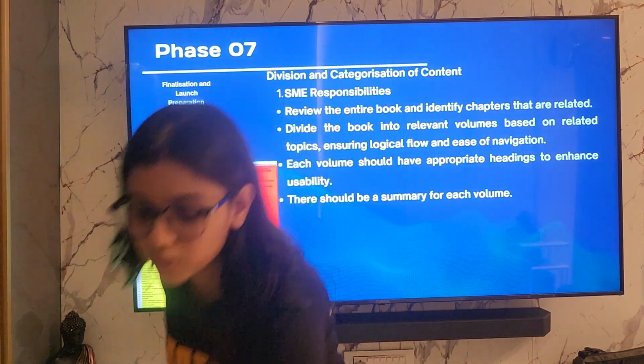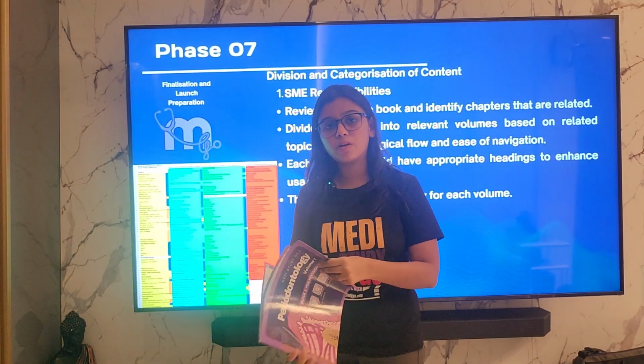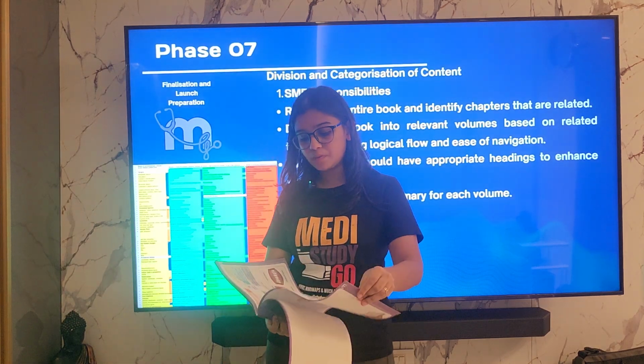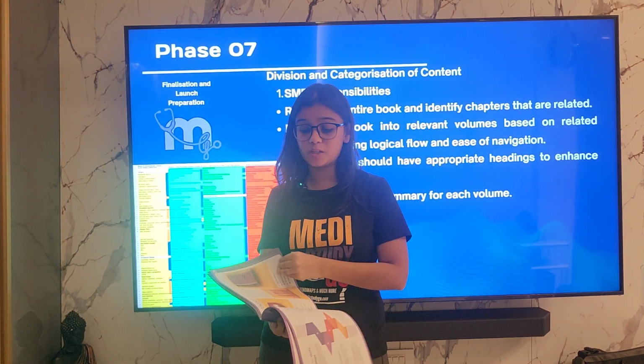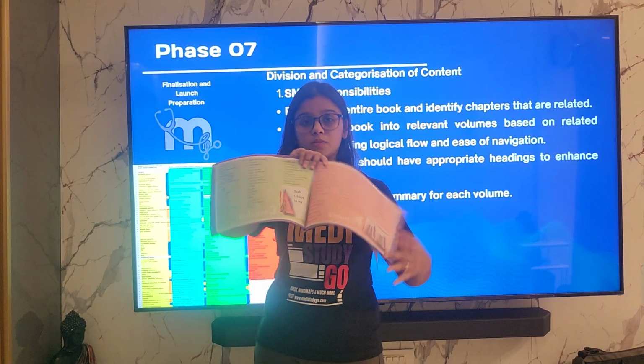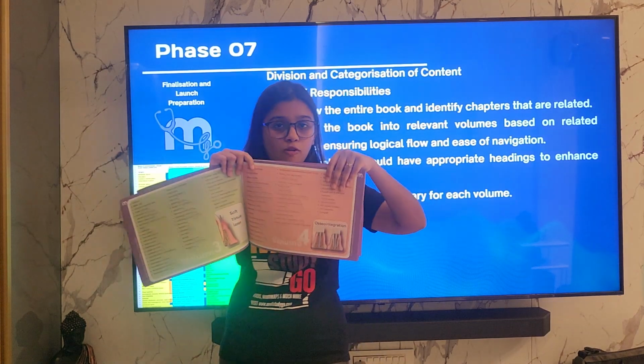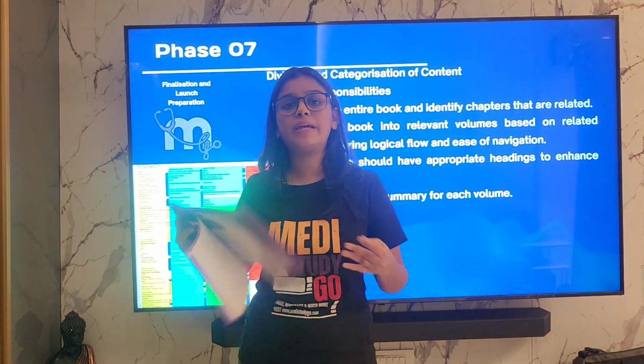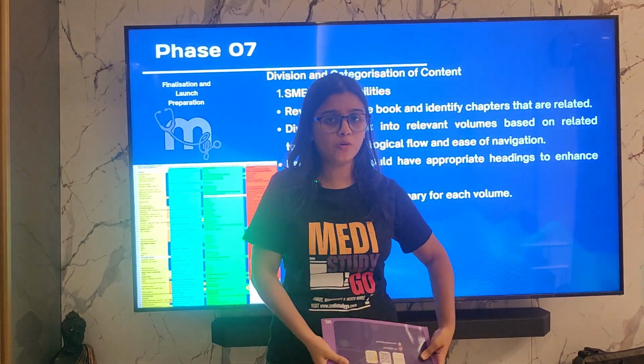At the same time, we want to tell you that even if we are printing just one tiny volume, we are making sure that we are telling the student which volume a particular chapter is in. So this will be in volume 3, this will be in volume 4. We've already mentioned that over here, so that he knows that, okay, if I'm finding a particular topic, it's in another volume and I will get it there.